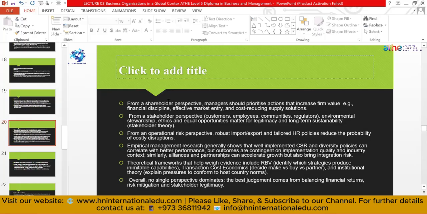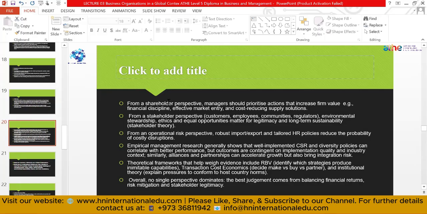Similarly, aligning alliances with partnerships can accelerate growth, but also brings integration risk. If you want to go for any merger and acquisition, conglomerate, or you want to diversify your business, it has a cost. You have to follow their cost and they are going to follow your cost, and then you have to agree